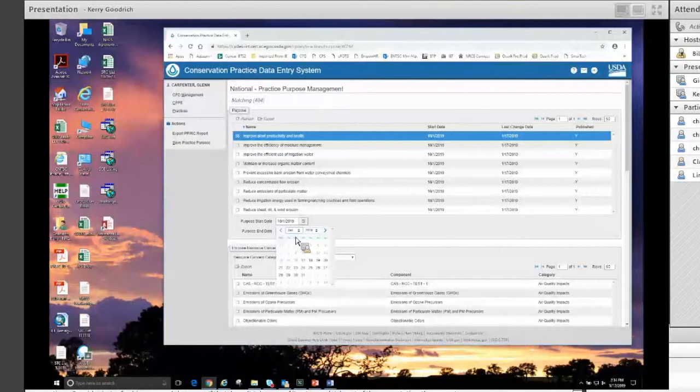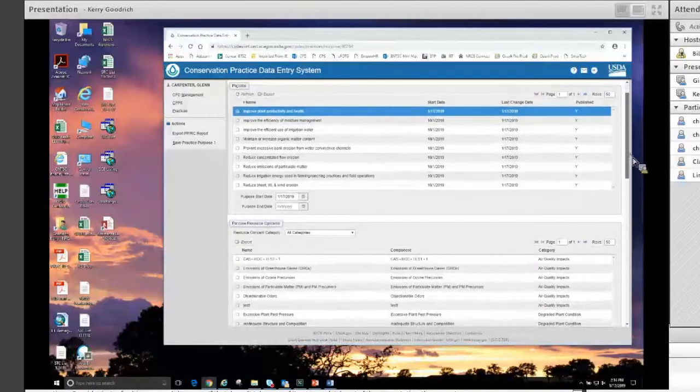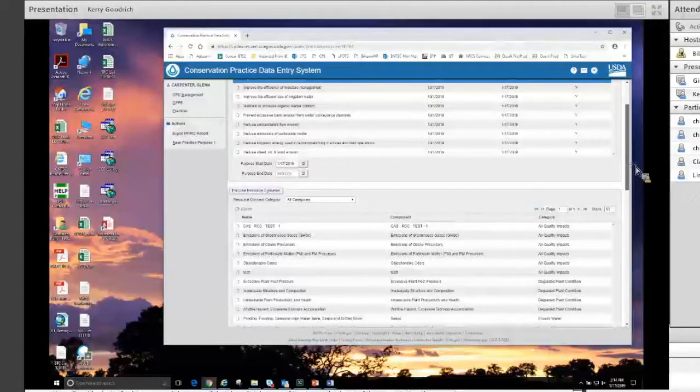So we're going to go in, and when you do that, it won't let you select anything before today's date. You can select today's date or beyond. So I've selected this date. It's applicable only to this purpose statement. Now I go down looking at the purpose statement, improve plant productivity and health,